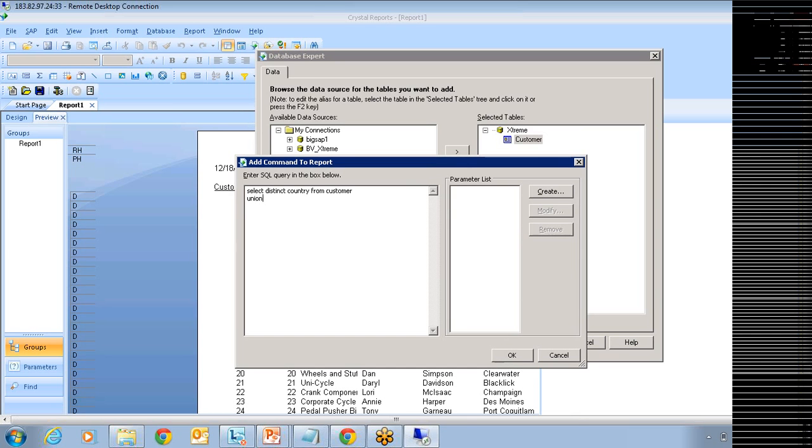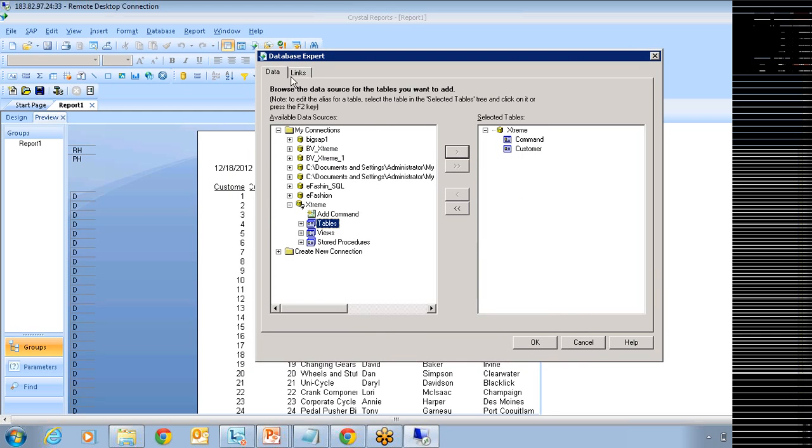And then union all select from customer. So what I'm doing here, I have just selected a country column, which is distinct country column, and I'm appending using union all. So ultimately I'm going to get one column and I'm going to use that, but go to